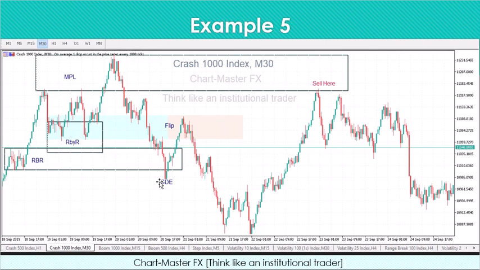Let's go to example number 5. On example number 5 here, the market is coming from a rally-based rally. And what happened here, we had a reaction by rejection of at least 1, 2. Once we have that condition, we have also 3 here before the engulfment. So once you know that we have reaction by rejection, what happened now is that the market was able to engulf this RBR. Once you have an engulfment here, you wait for the price to come to the